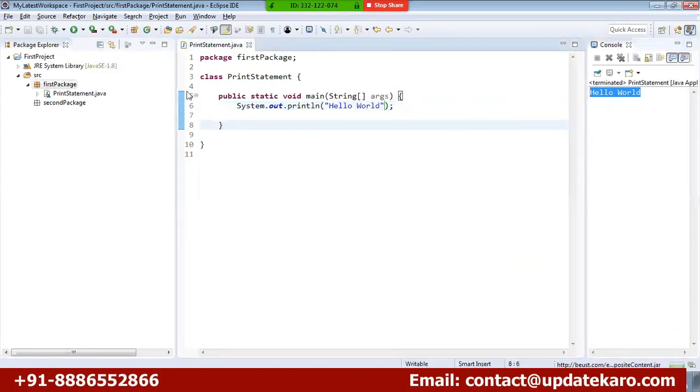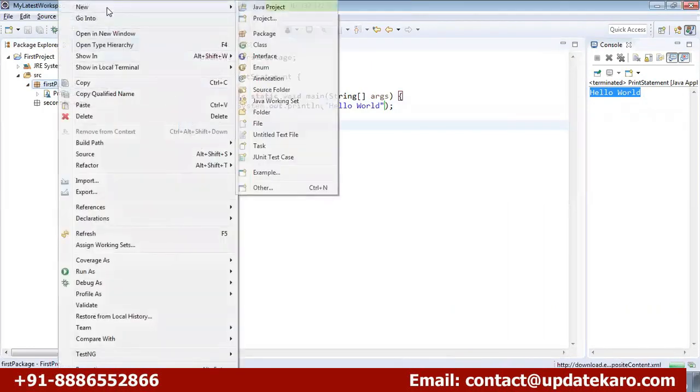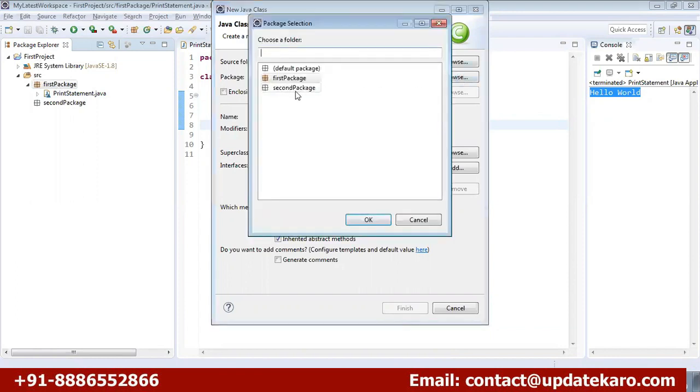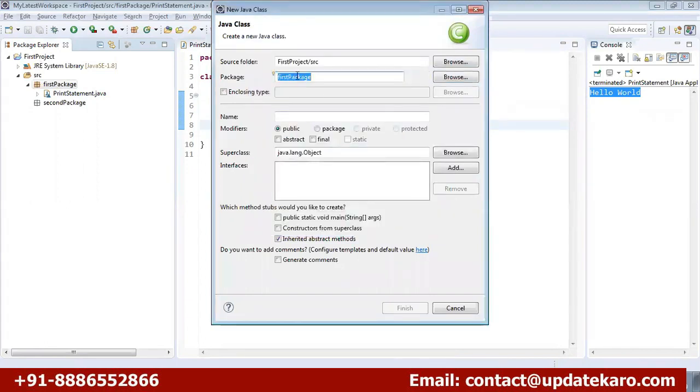Okay, so I'll create another class. Right click on the first package, new class. Can you see source folder, first project SRC? So that is the first project SRC. Under that, we have a package called first package. If you browse here, I have different packages. I can choose whatever I want. As of now, I just want to go with the first package. Then after that, I'll give a name,